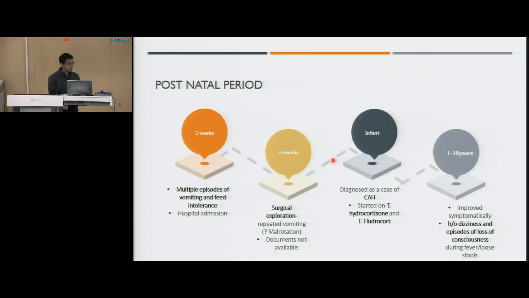Suspecting malrotation, he underwent a surgical exploration, for which documents were not available. In spite of the surgical intervention, he continued to have multiple episodes of vomiting, feed intolerance, and loose motions. On further evaluation, he was diagnosed as a case of congenital adrenal hyperplasia by a pediatrician and started on tablet hydrocortisone and tablet fludrocortisone. After starting this medication, the child improved symptomatically